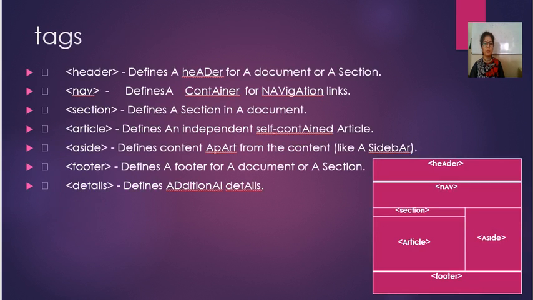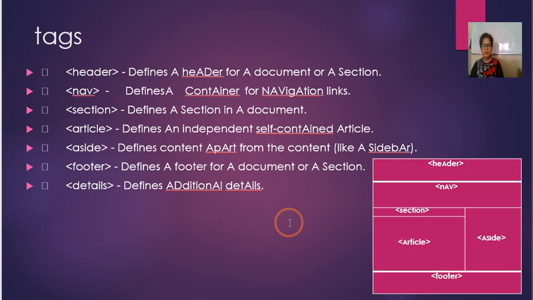Now we have to start with the next category of tags. So students, different types of tags are available in HTML, and we are going to start with this category. So the very first tag is header tag. So students, I have taken one example. This is the example. So this is how we can make use of tags to create different sections. So I have mentioned all the sections differently in this image, so that it will be more clear to you.